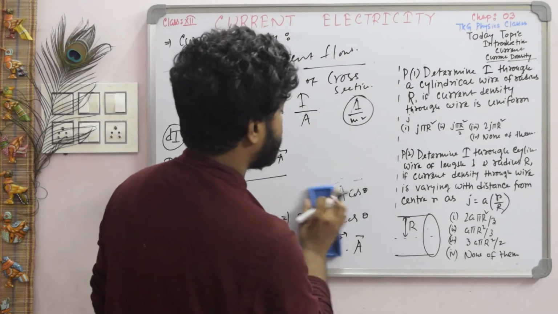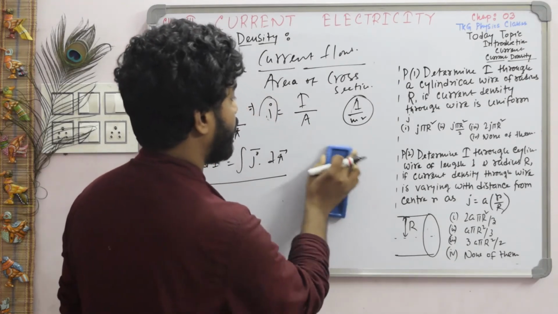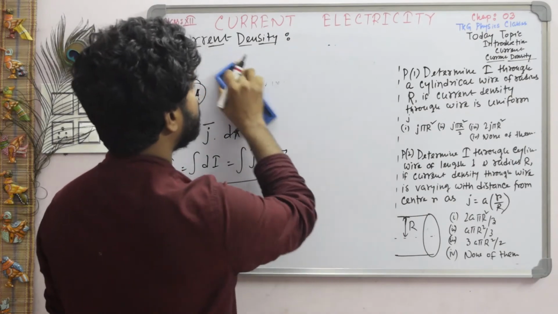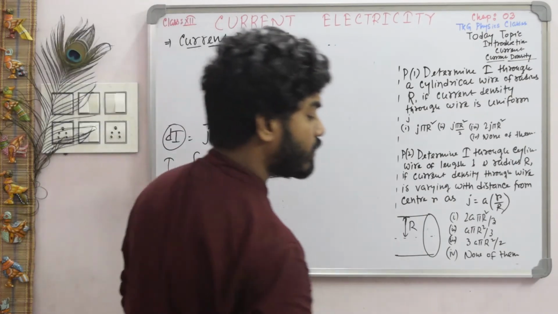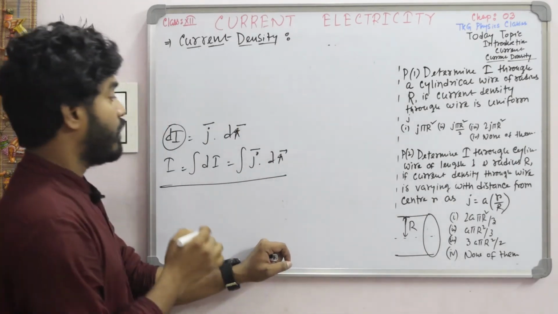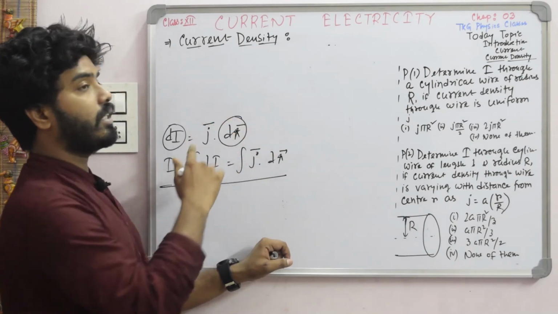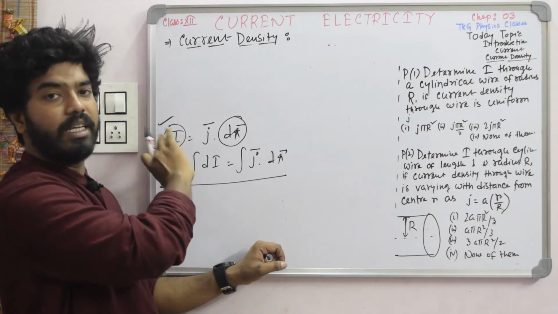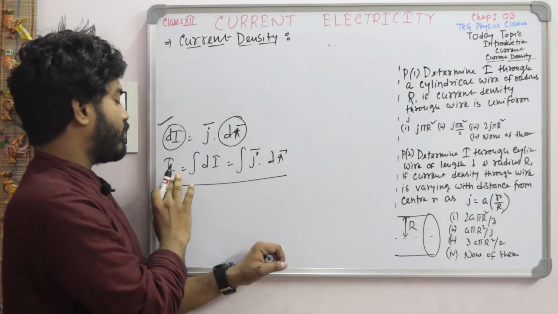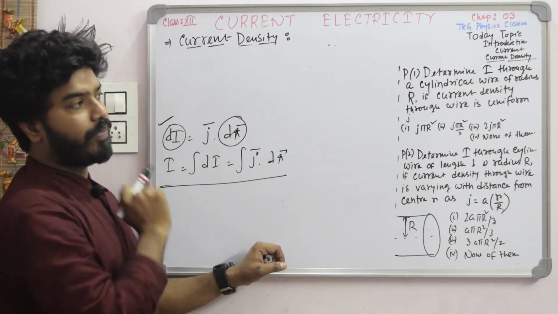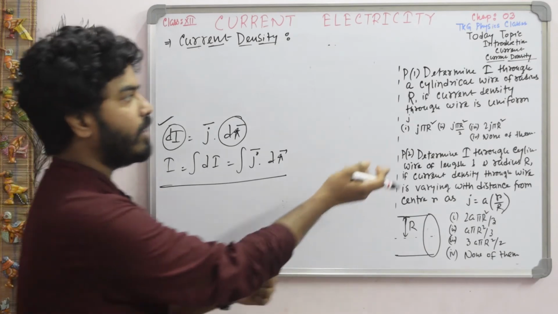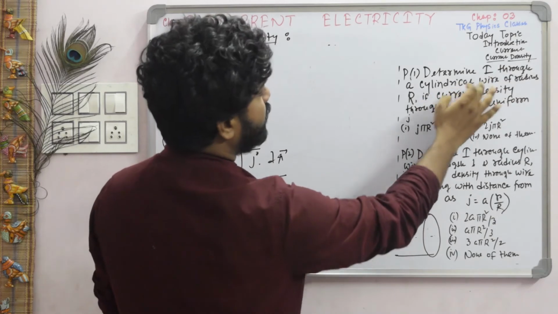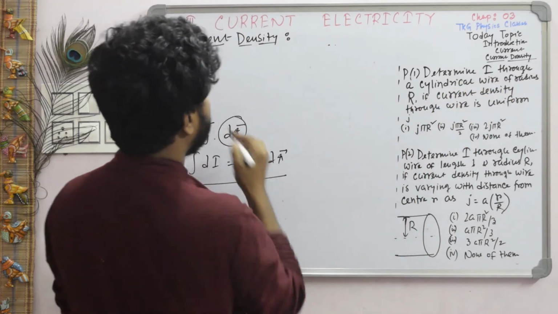So, when there is a current density given and area of cross section given, using this formula you can find out the amount of current flowing through this cross section. When we consider the area of cross section to be represented by dA, in that condition the current is represented by dI. Now, for total current we need to integrate. Okay. Let us take two problems here. Problem 1: determine the current through a cylindrical wire of radius r.